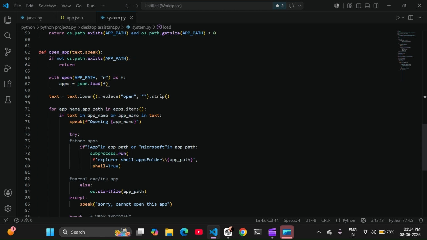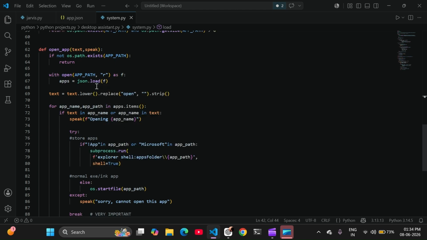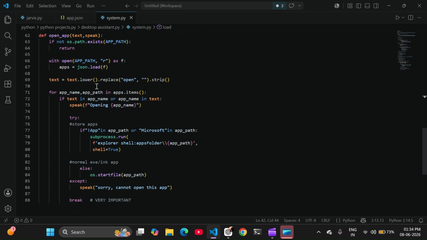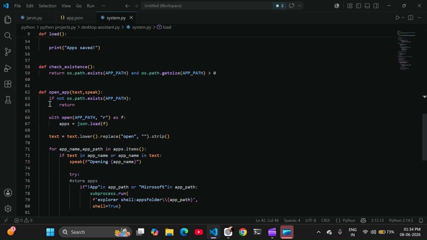In the reading mode as F. Now apps will load. It will get the data in the JSON file. Are you understanding what I'm trying to make you understand? See,